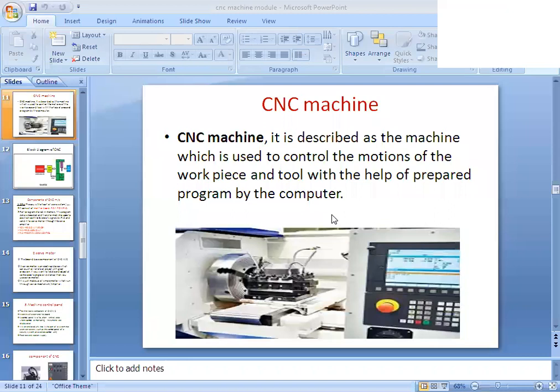The name of the module is numerical control machine, CNC machine and distributed numerical control machine: NC, CNC and DNC machine. Okay, three concepts are there. I think it is one of the easiest modules, because you people have already studied in the sixth semester the subject computer integrated manufacturing, is it not?